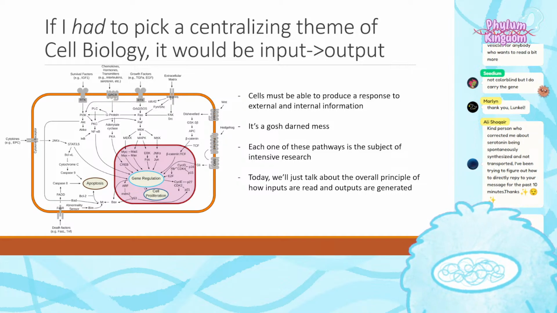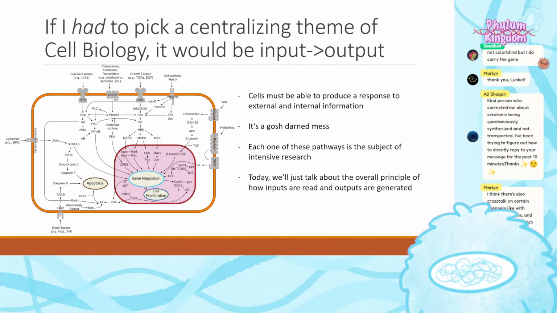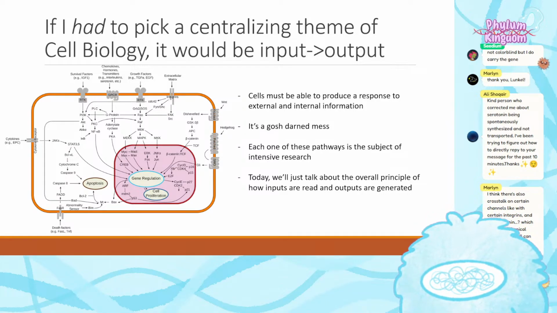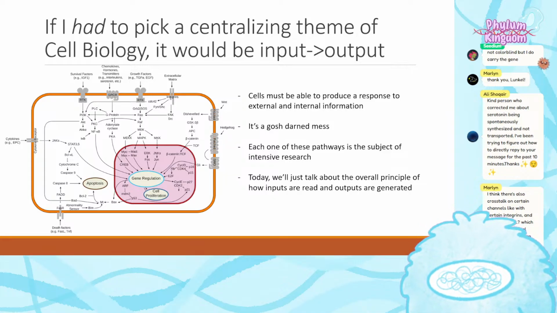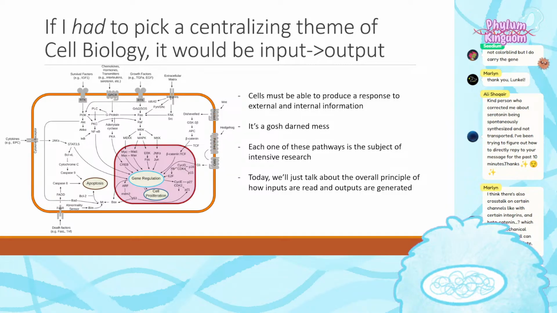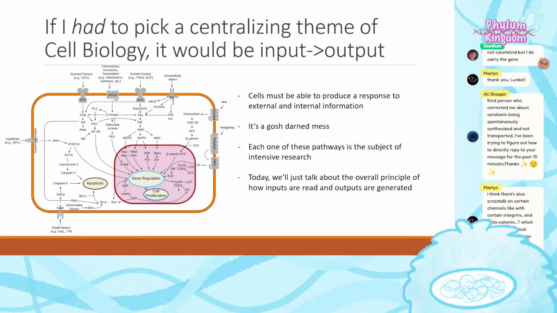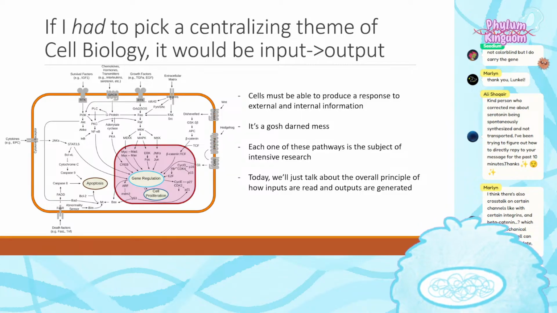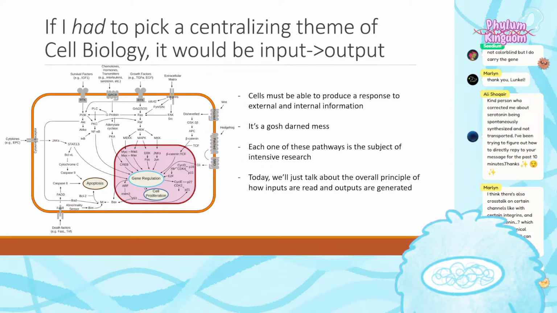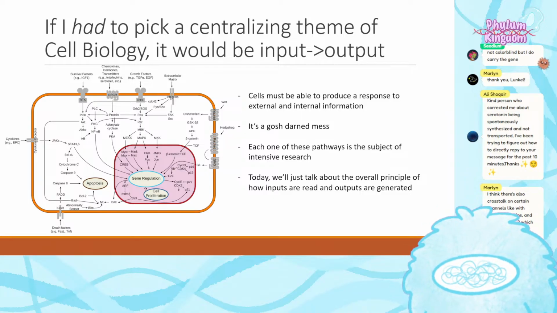All right. I think there are also crosstalk on certain channels, like with certain integrins and beta-catenin, which means mechanical strain on the cell can influence its cell fate. Yes, I'm definitely going to talk about that in development, because that is one of the coolest things that I've ever learned in cell and developmental biology. The fact that mechanical strain itself is a signal, that if you tug on the membrane in just the right way on a certain receptor, you can influence what that cell becomes, which is kind of insane. I love that.